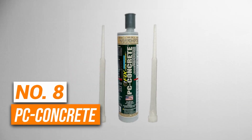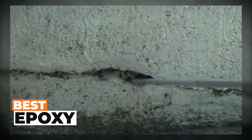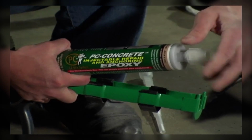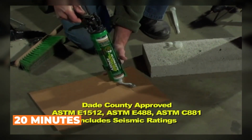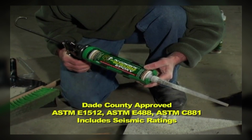Number 8 is the PC Concrete. This is the best epoxy crack filler on our list. PC Concrete is a 2-part structural epoxy packaged in a double-barrel cartridge. Just slide it into a compatible epoxy gun, squeeze, and the static mix nozzle blends parts A and B for you. It gives you 20 minutes of working time at 75 degrees Fahrenheit and becomes completely solid about 4 hours later,